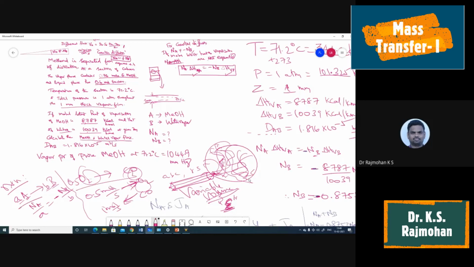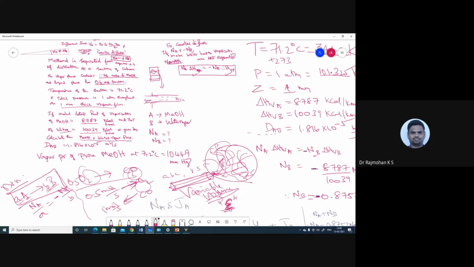Okay. Because the moment it becomes equal, it is not variable volume. It's like the same number of moles. If it is A by B equal to 1, then obviously it is equimolar counter diffusion. So in counter diffusion, the special case is equimolar counter diffusion. It gets simplified to that form, right? Similarly, in a variable volume reaction, when epsilon becomes equal to 1, it means that it is a constant volume system, right? Okay.